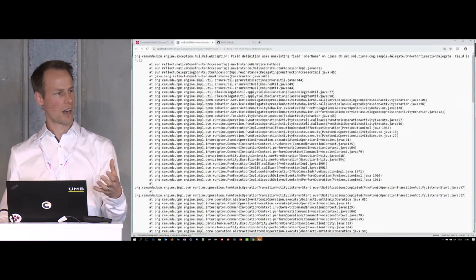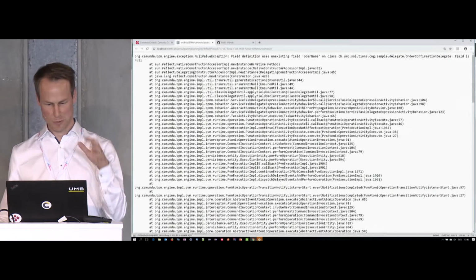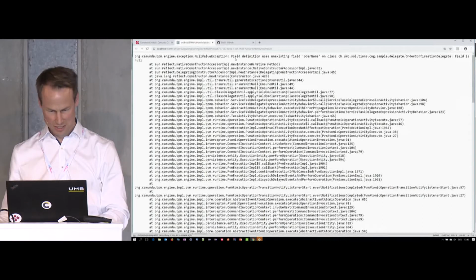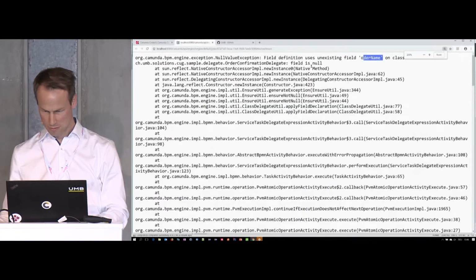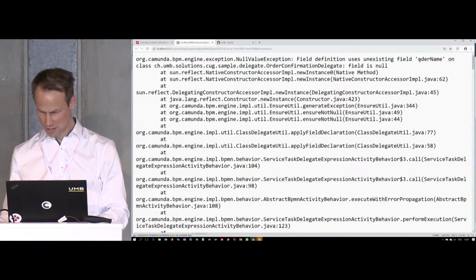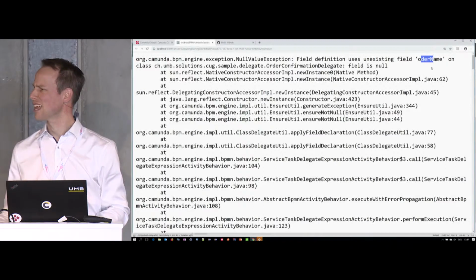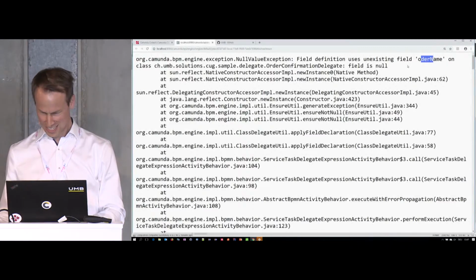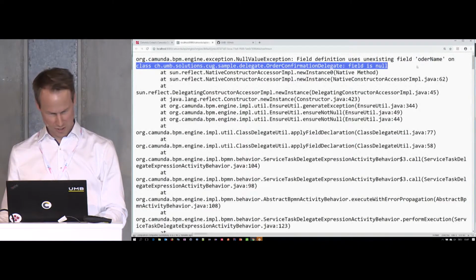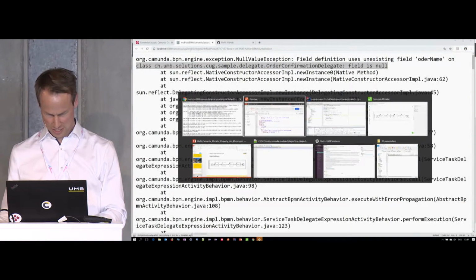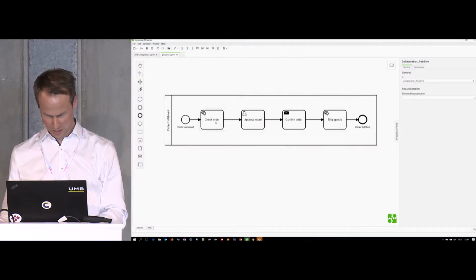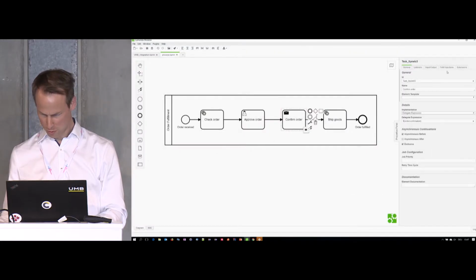We could actually restart the process from that point, and we have direct access to the stack trace. That's nice. So we say unexisting field order name. What's that? Okay. Unexisting field on, okay. Field is null, okay. Let's have a look. So it's this one, confirm order,